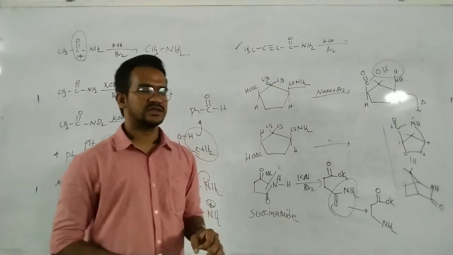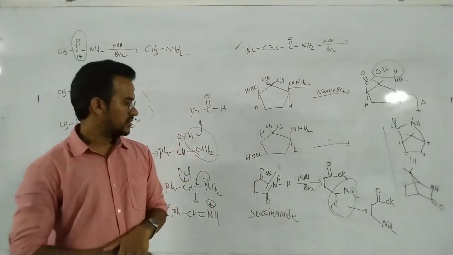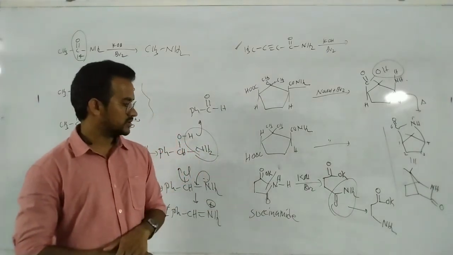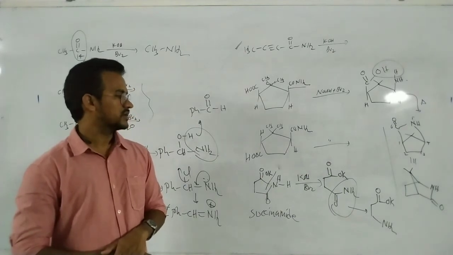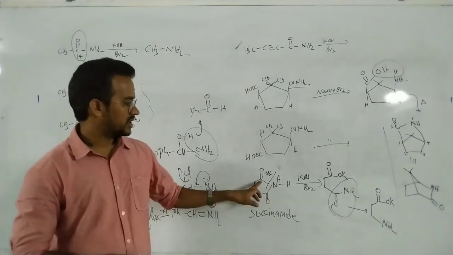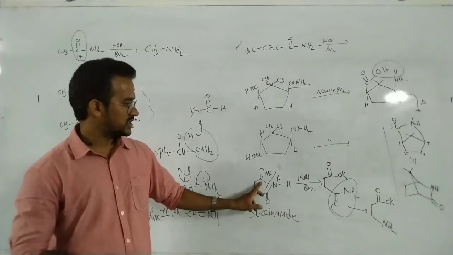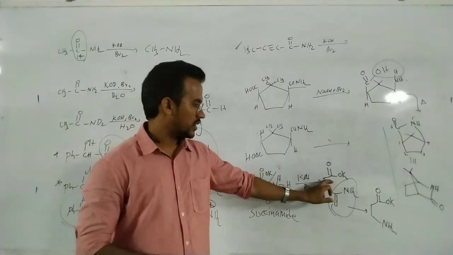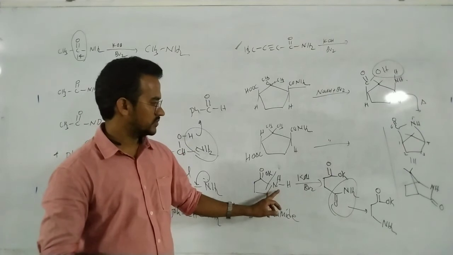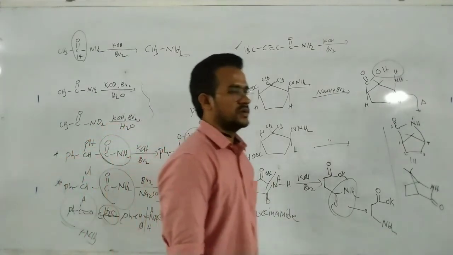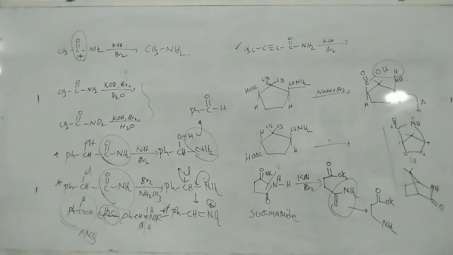So first, hydrolysis of this amide takes place. Hydrolysis of this amide is possible, just breaking of this bond with base. So here COOK, that is an acid salt, and this CONH2. Okay, that's it. Write down this one.